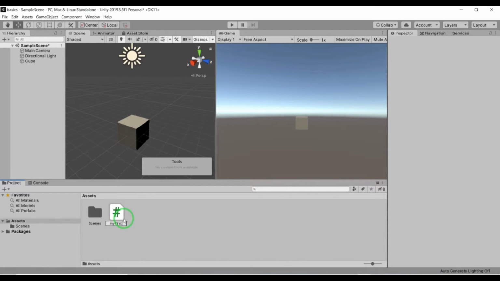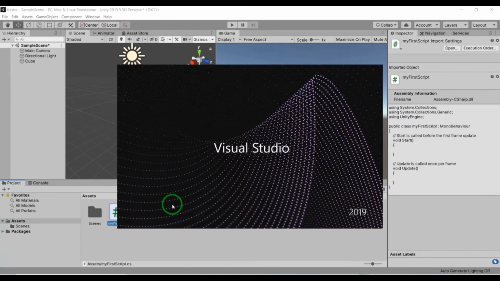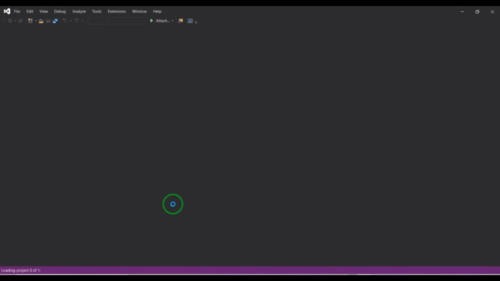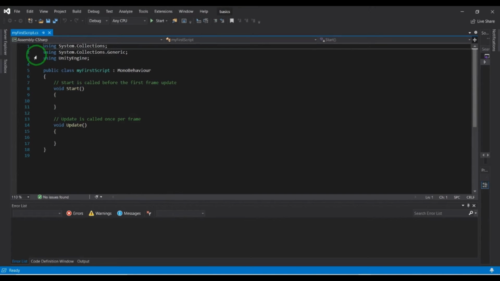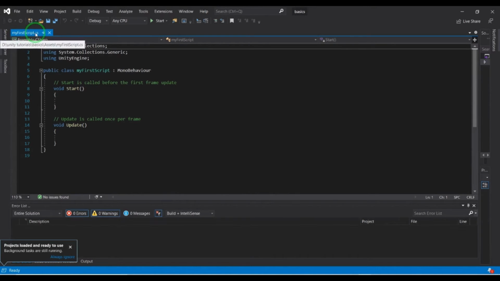I will name it my first script. Now I will open the script. As you can notice, our script name is my first script, and the same name is given to the class because by creating a script we are basically creating a class.